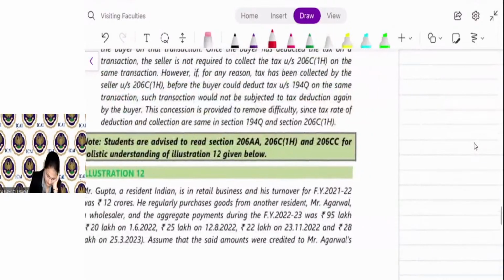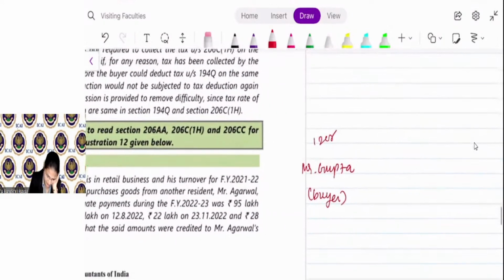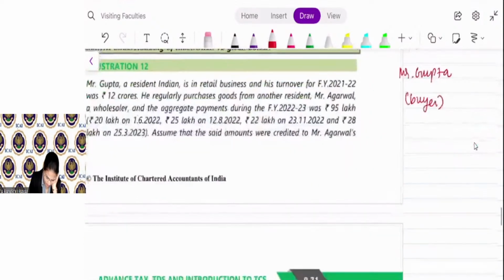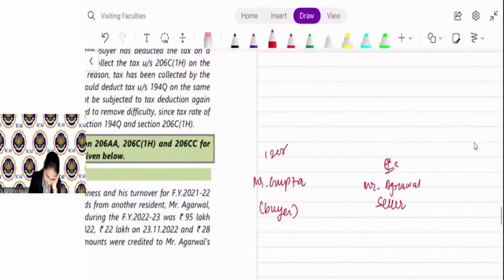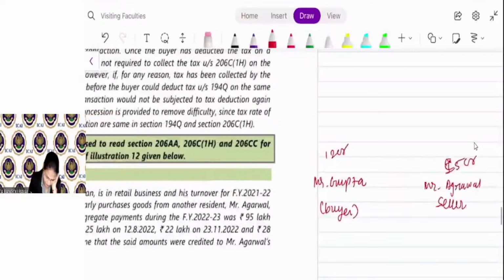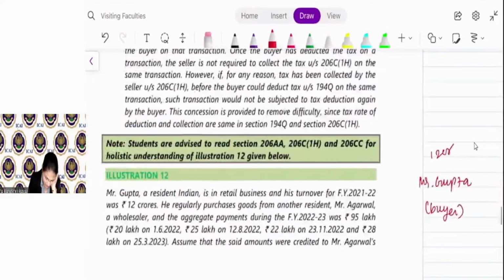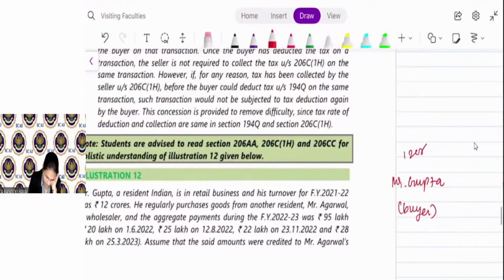Now here, in this case, Mr. Gupta is a buyer. His turnover in the last year is 12 crore. Mr. Agrawal is the seller, and his turnover in the last year is 15 crore. Mr. Agrawal made payment